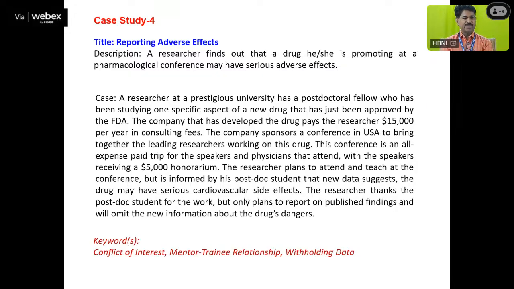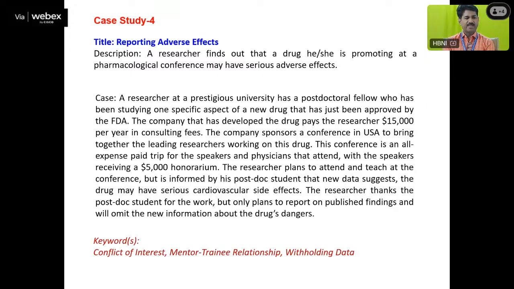So in this particular case, that type of thing has happened. The title is Reporting of Adverse Effects. The description is: researchers find out that a drug he or she is promoting at a particular pharmacological conference may have serious adverse effects. The detailed case is: the researcher at a prestigious university has one